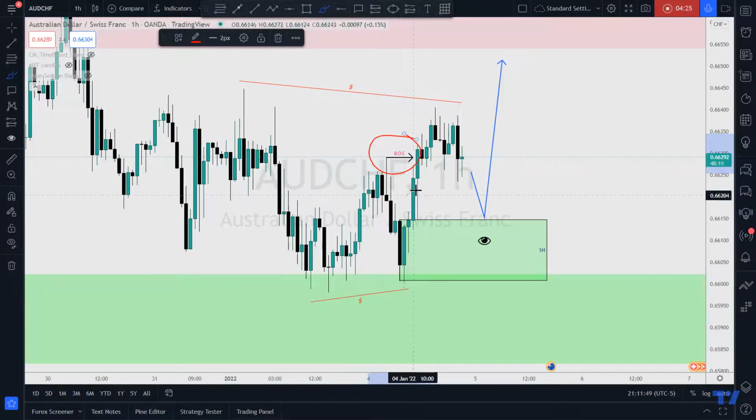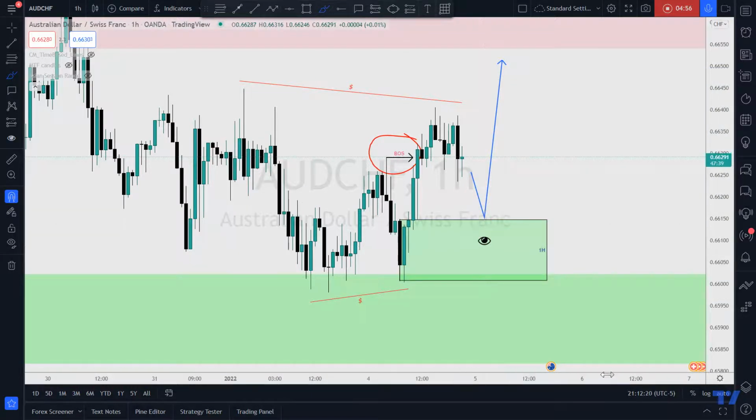Once price breaks structure to the upside, you got to think, hey man, price is looking pretty bullish. And after every impulse comes a correction, and that retracement is what I'm looking for, and this will put us right around 70% retracement if it decides to retrace here and then continue higher. That's what I'm looking for, because